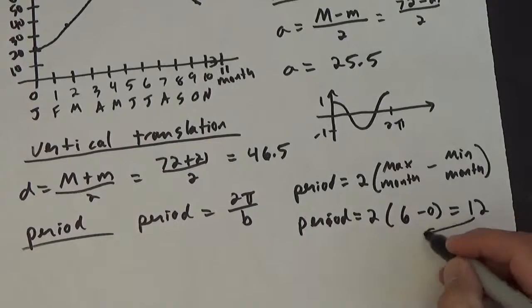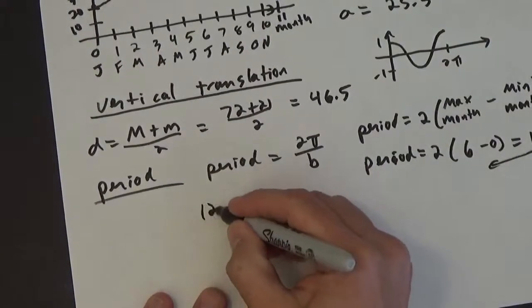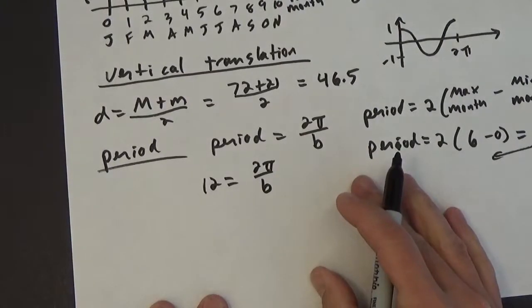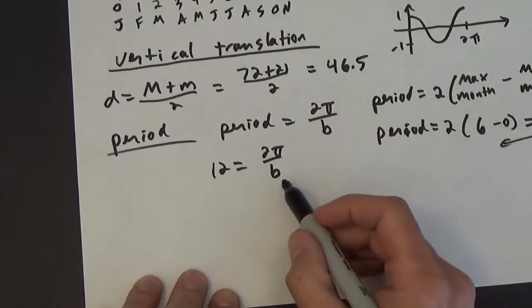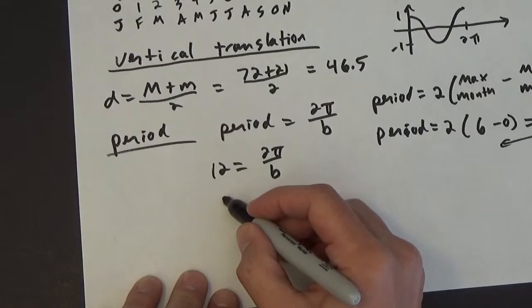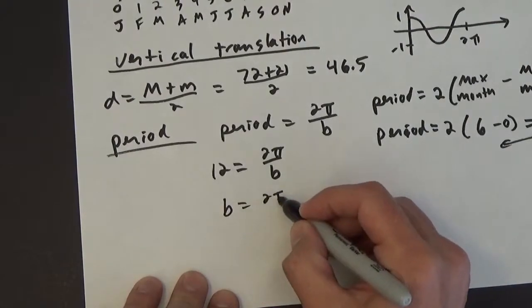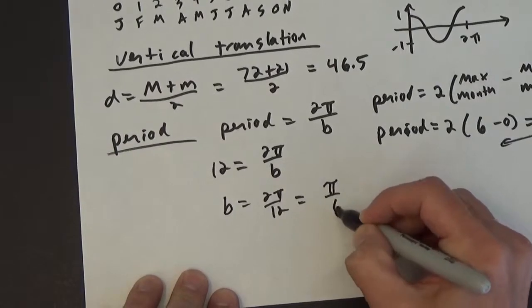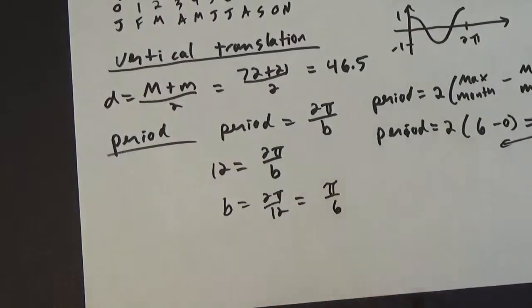So then I take this 12, go back, and I end up with 12 equals 2 pi over b. And so we end up with b is 2 pi over 12, which equals pi over 6. And so that is going to be our